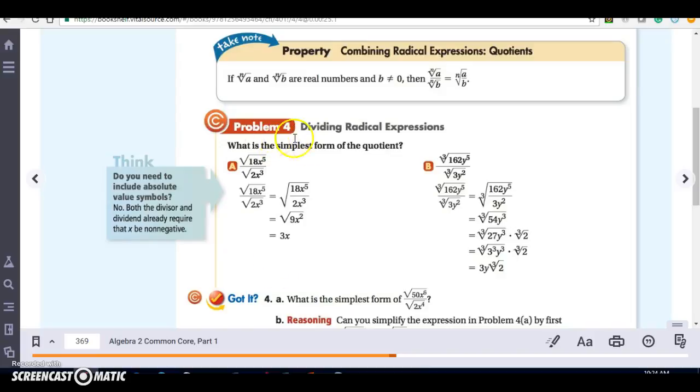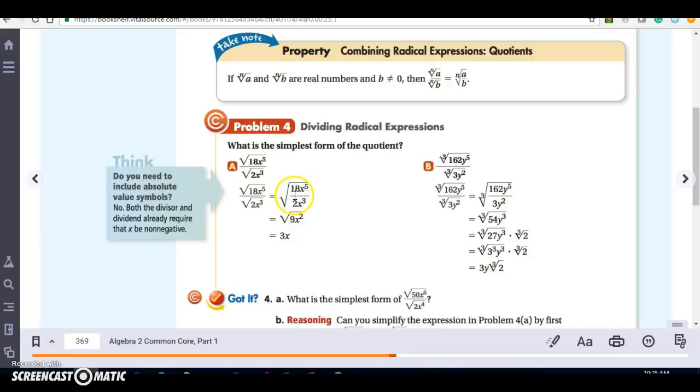Okay, let's take a look at problem 4, dividing radical expressions. Again, when we divide radical expressions, just like when we multiply them, the index has to be the same. And when we have the same index, we can put the radical over the entire thing. So here I have the square root of 18x to the 5th divided by the square root of 2x to the 3rd. So, as we stated above, we can just put the square root over the entire part and just